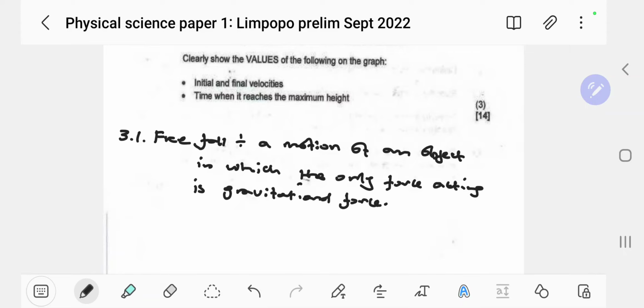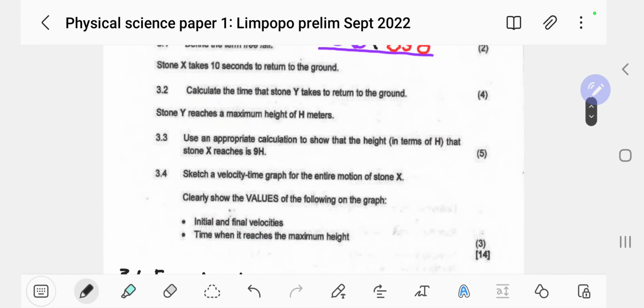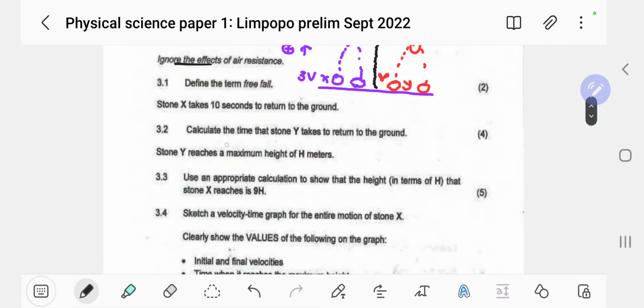Or you can say it is a motion of an object through which the object is accelerating due to gravity. So you can have plenty of ways. I'm just trying to simulate the exam, guys. Otherwise, I'm not really interested in writing this out because you already should know them. And if you don't, during your revision you must make sure you check these. And please use your exam guidelines a lot more than anything else at this point so that you are concise and to the point.